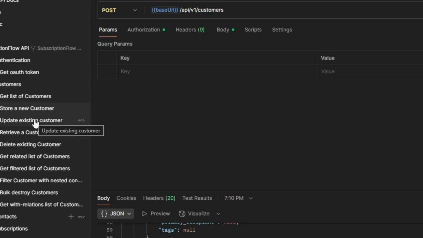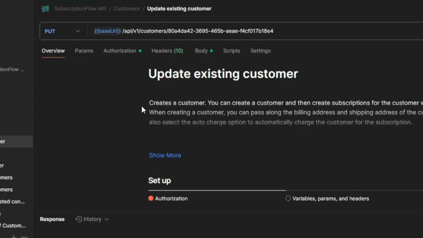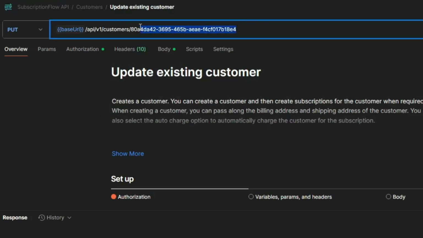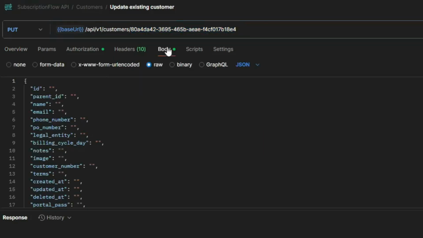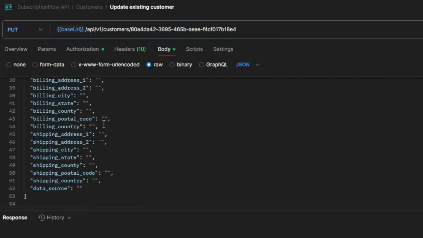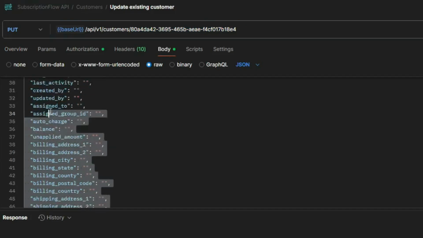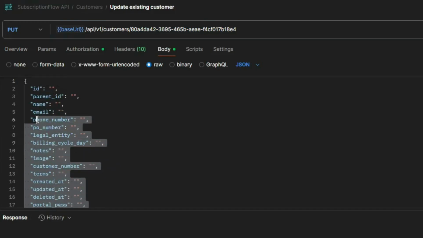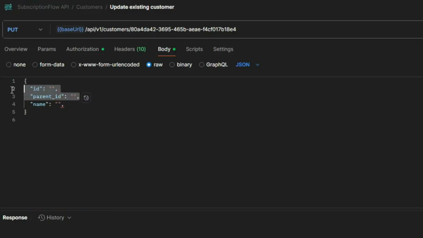So I will go to the next endpoint, which is update existing customer, and here I have already pasted the ID for that customer, and I need to go to the body tab. I can see that I already have these fields that I can update. So in my case I just need to update the name, so I will remove all the other ones